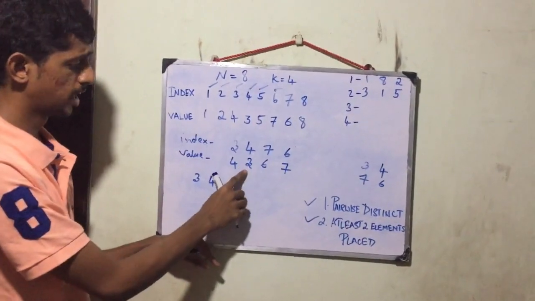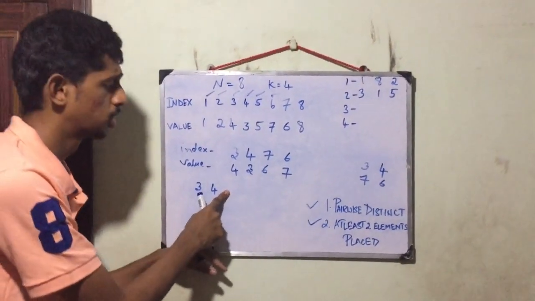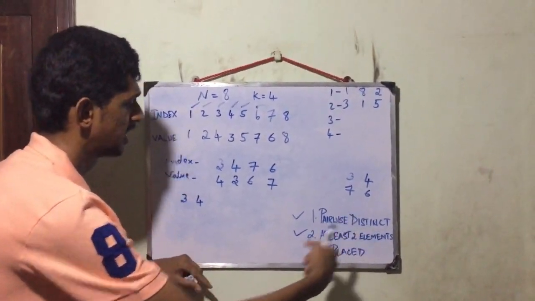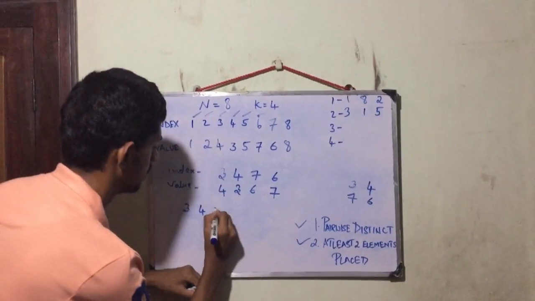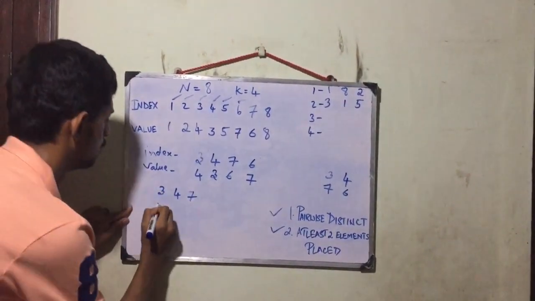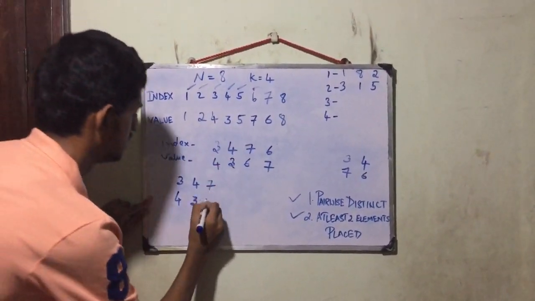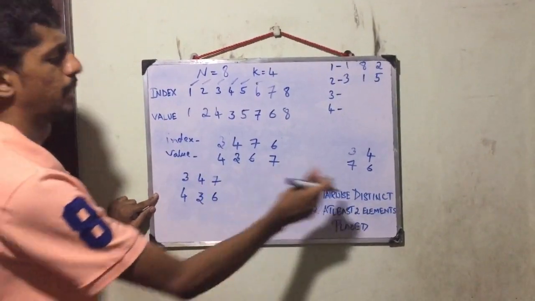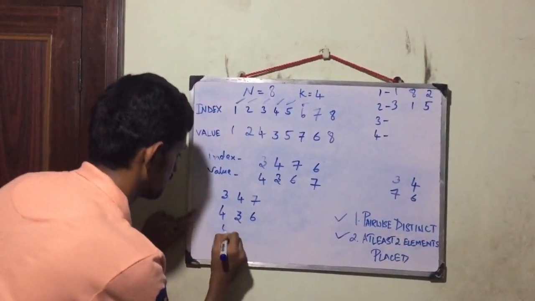Now you have value 3, but you can't write 3 as your 3rd index because we need pairwise distinct numbers. So therefore you can choose either 6 or 7. I'm choosing 7. So I'm writing its corresponding values. In 3rd index we have 4. In 4th index we have 3. In 7th index we have 6. So 3, 4, 7 are pairwise distinct. So therefore now I can perform a right cyclic shift.